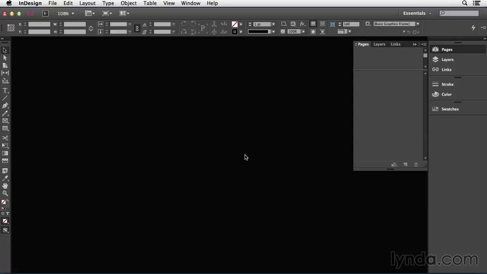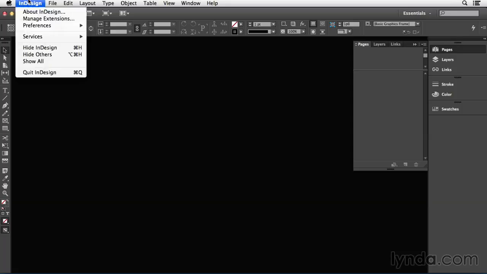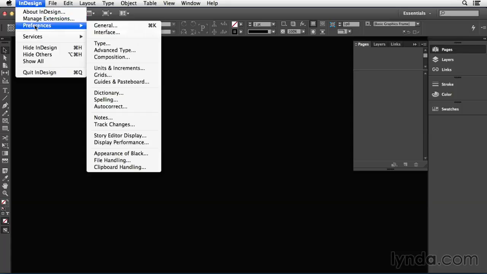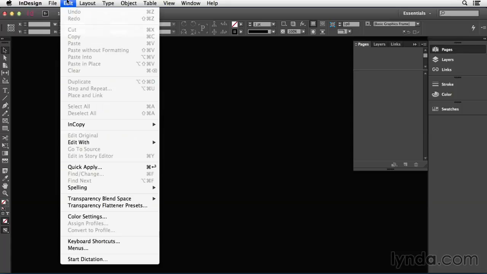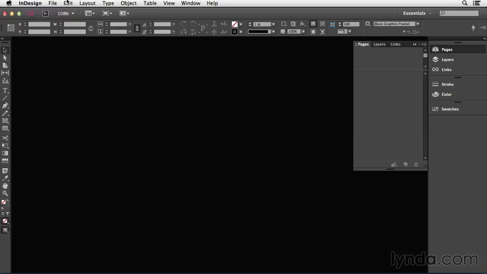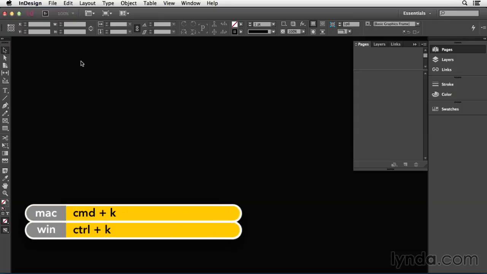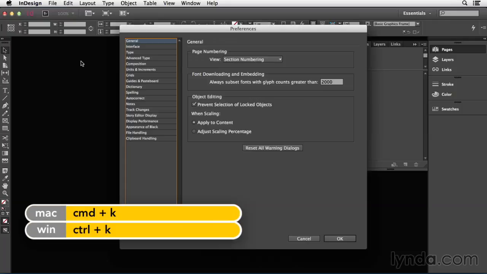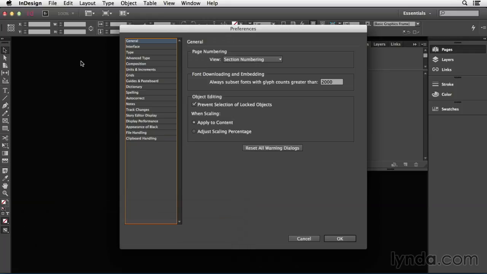So instead, I need to go to the Preferences dialog box, and I can get there on the Mac by going to the InDesign menu and choosing Preferences. Or on Windows, it's at the bottom of the Edit menu. Or you can do what I do and just press Command-K on the Mac or Control-K on Windows. Up comes the Preferences dialog box, and you'll want to choose the Units and Increments pane over here in the